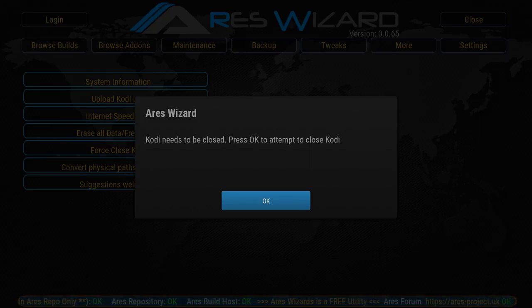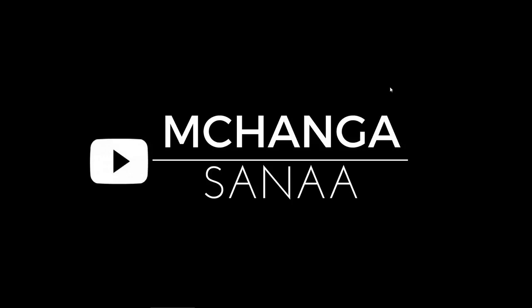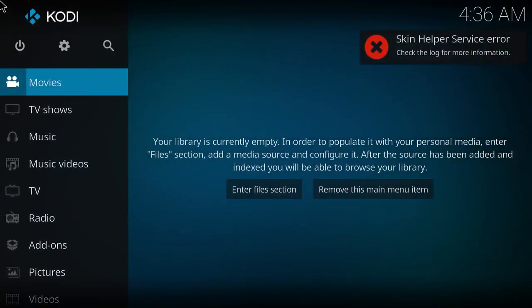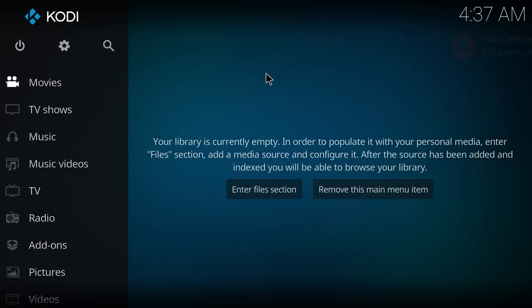All right, I'm going to go ahead and click on OK, and hopefully for me it closes out. All right, since it closed out, I'm going to go ahead and open Kodi back up. Okay, so now we are back to default Kodi Krypton. Everyone needs to always start at default Kodi Krypton before you install a build. So now that we're all on the same page, we want to check and make sure some settings are turned